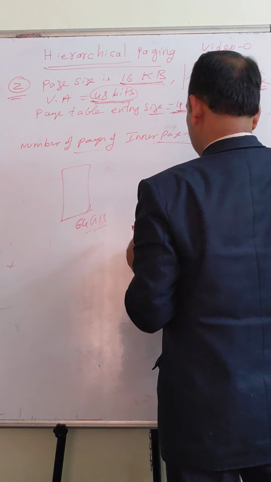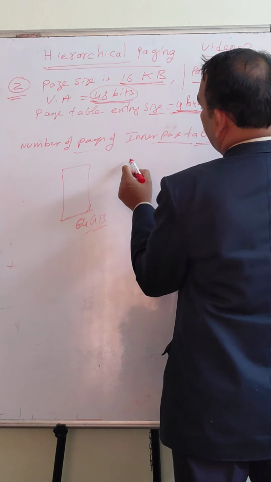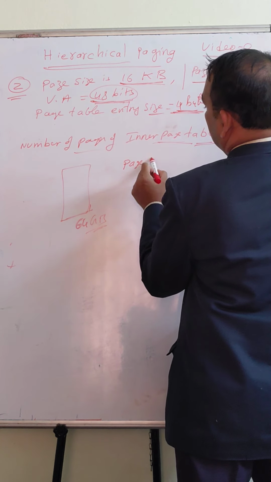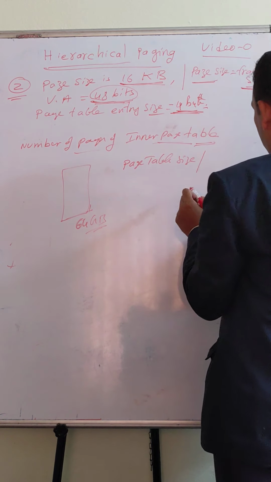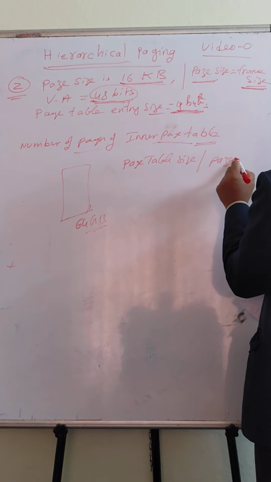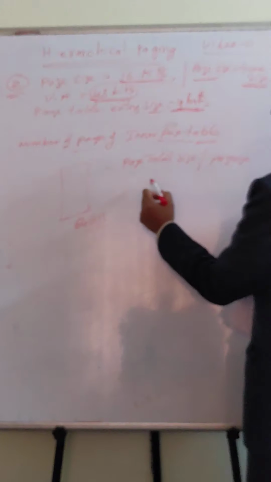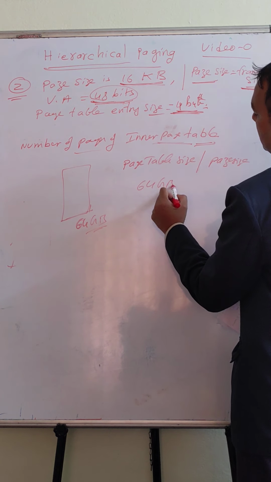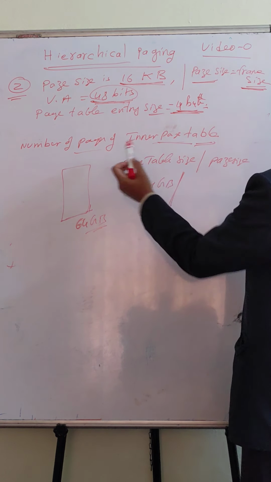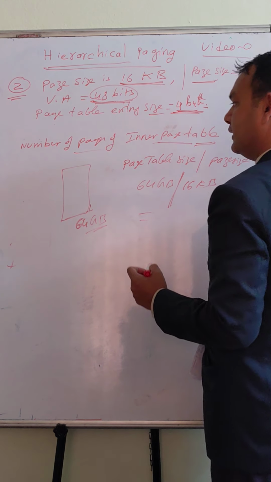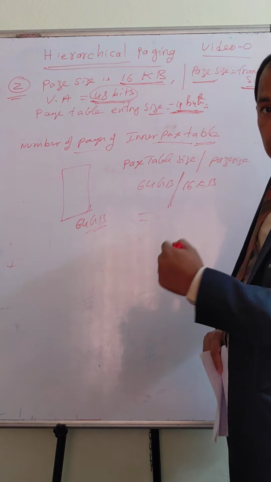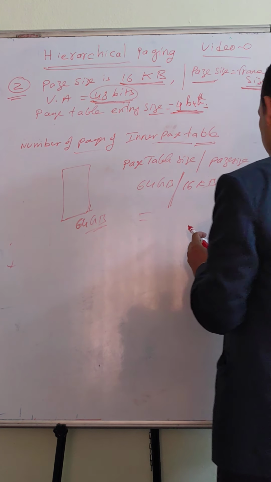How many? Page table size by page size. Page table size is 64 GB. Now page size is 16 KB. Then we'll get the number of pages of the inner page table. Okay, this gives, my dear friends,